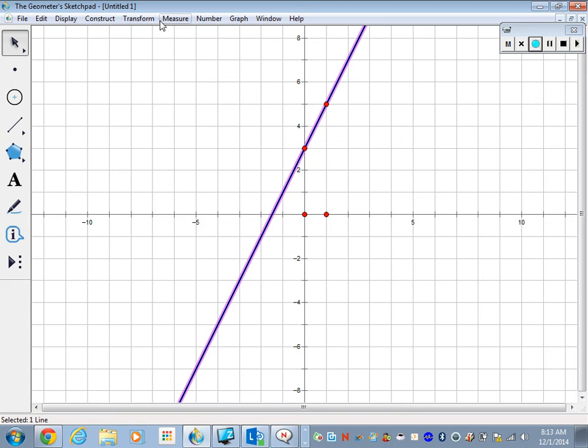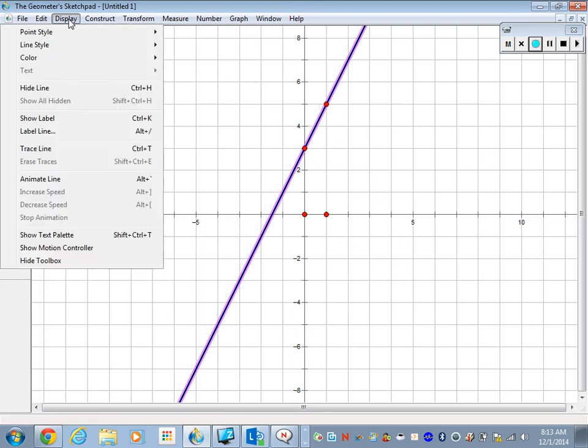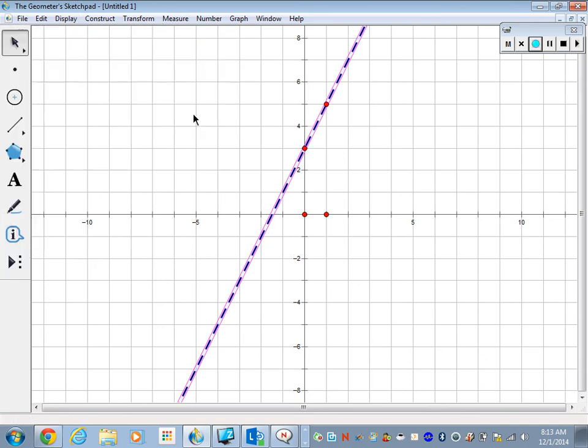Now, the other thing that you want to pay attention to is where is the shading going to be? If it's greater than, you're going to shade above the line. And if it's less than, you're going to shade below the line. So since this is greater than,